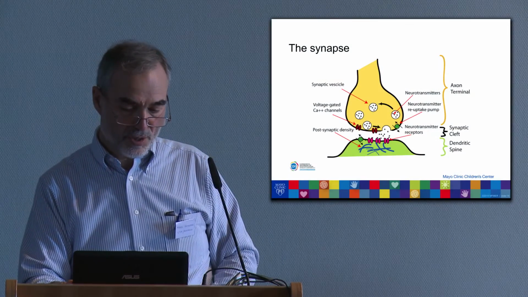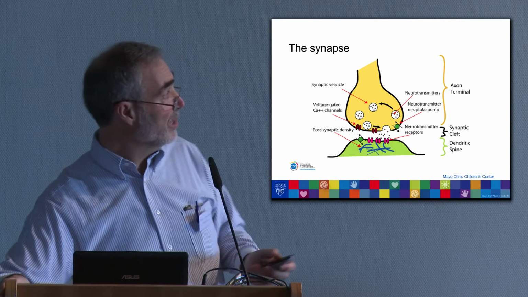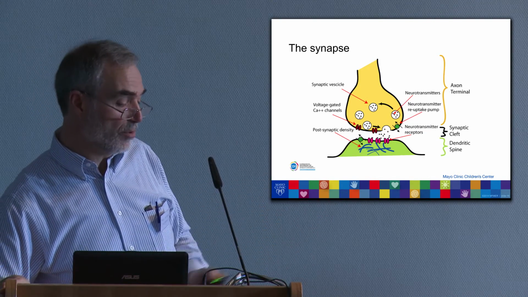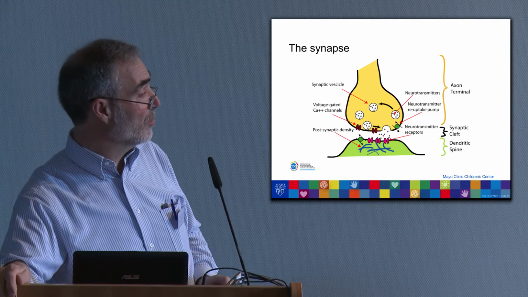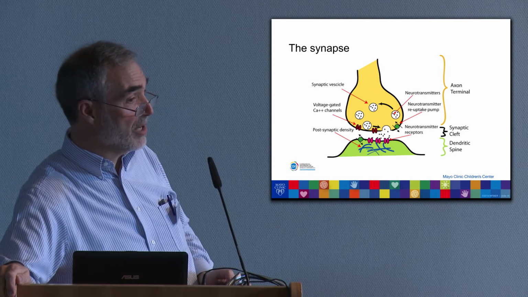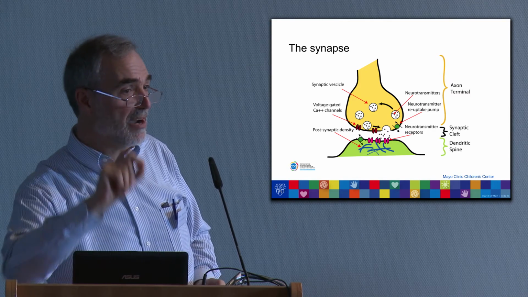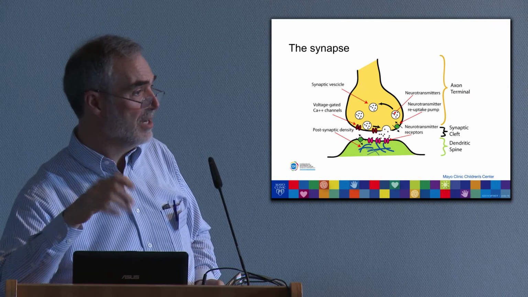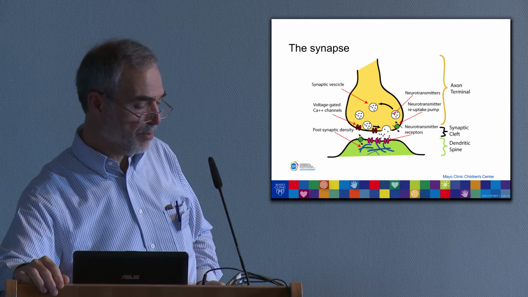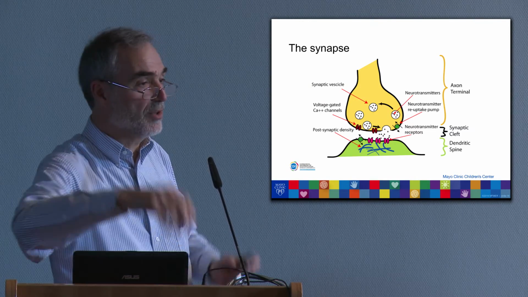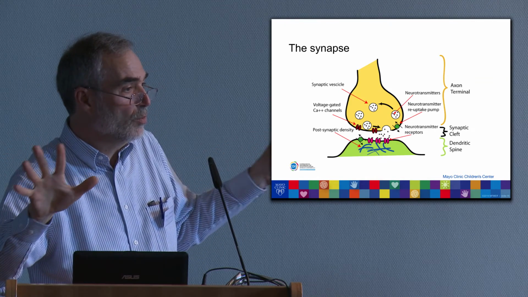Again, for those of you who may not be so familiar with this, the synapse is the gap between neurons. A man called Ramon y Cajal over 100 years ago won one of the first Nobel Prizes for showing from very careful studies of the nervous system that there are actually gaps between nerve cells. One of his intellectual opponents, a man called Camillo Golgi, with whom he shared the Nobel Prize, thought that the nervous system was just a network with no gaps.